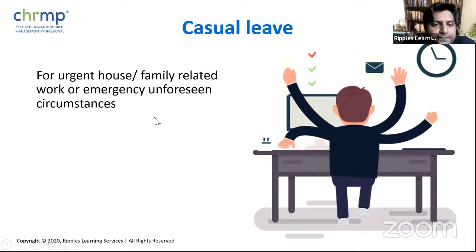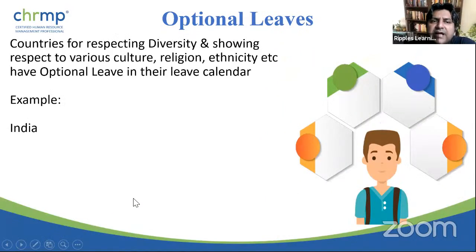So yes, we have talked about weekly off, national holidays, sick leaves, casual leave, and then you have optional leaves. Now, optional leave is largely restricted holidays. It is largely considered specific to holidays that are given in countries, right? And it is very interesting because if you look at, again, I always take this example of my country, which is India, where